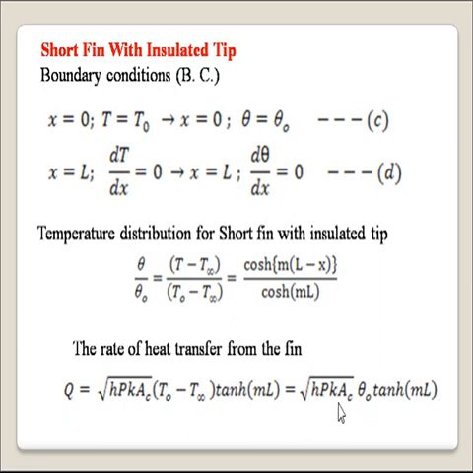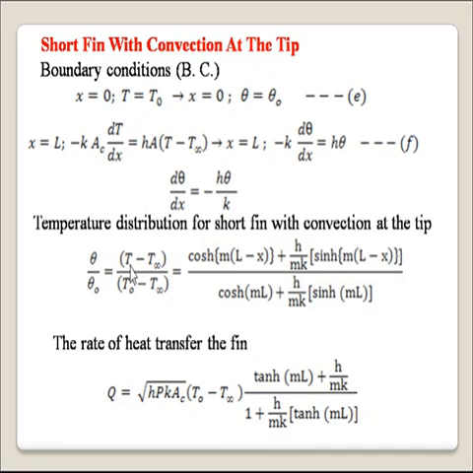T naught minus T infinity is theta naught. So Q equals root of hPkAc theta naught tanh(mL), which gives the heat transfer rate for a short fin with insulated tip. Now, short fin with convection at the tip,